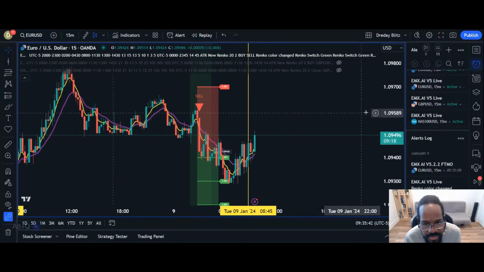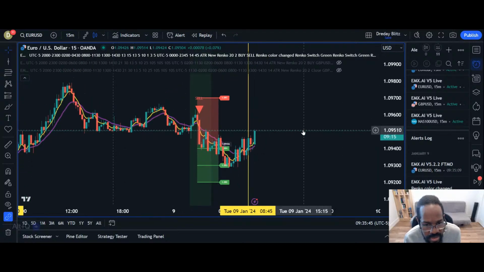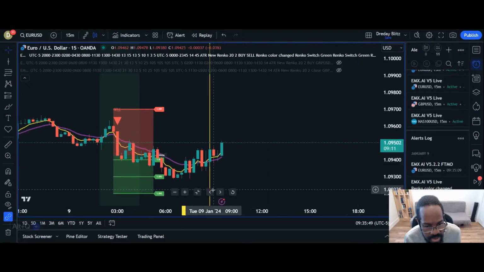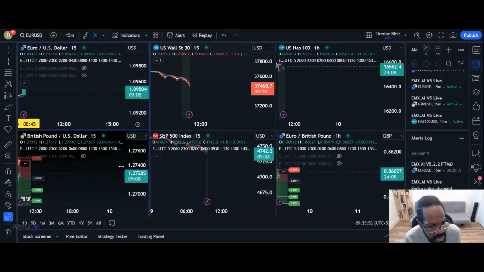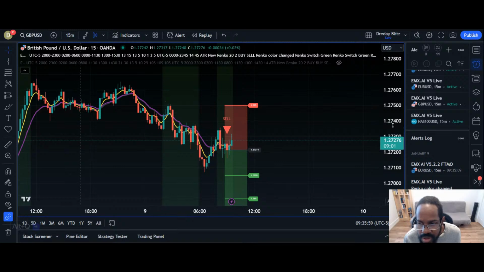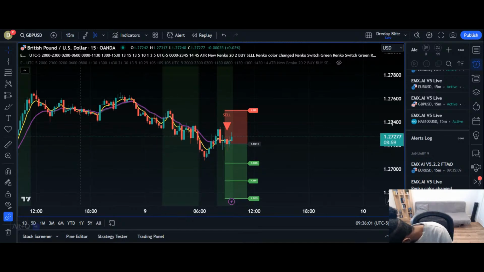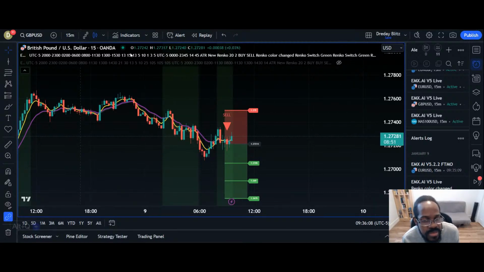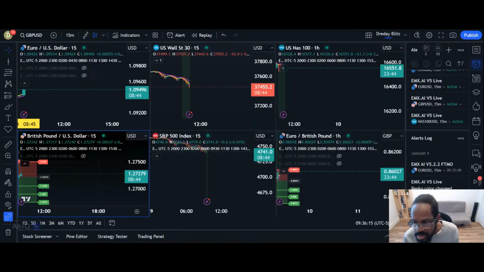So we'll be looking for bullish movement here on Euro USD. And same thing for GU. All right, so